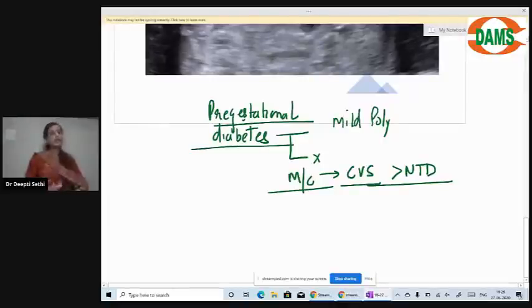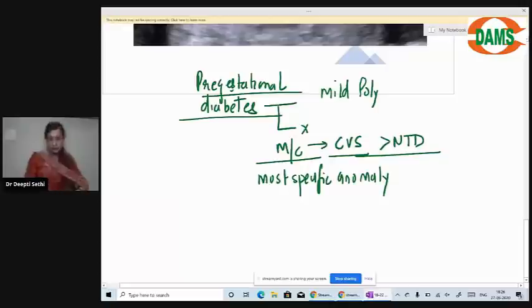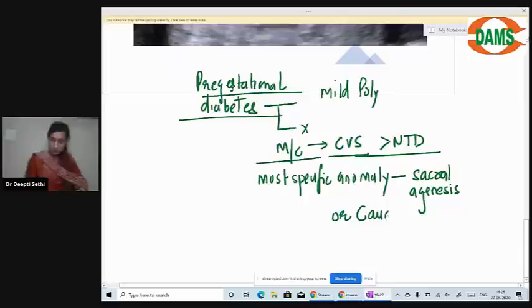It's usually cardiovascular or neural tube defects, right? Whereas if we talk about the most specific anomaly, and mind you, there were a couple of MCQs this year in NEET from whatever we are discussing right now, right? So most specific anomaly for diabetes is sacral agenesis or caudal regression syndrome,